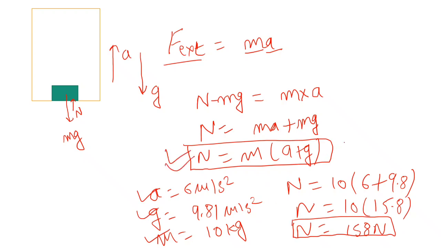So in the first case, according to these given situations, the normal force is this. This is the standard formula, but it is not recommended to remember it, because you can find it within 1 second, within 10 seconds. So this is the normal force in case one. Now let's see case two, where the elevator is moving in the downward direction with acceleration a, and gravity is also in the downward direction. Now take the box as an isolated object.